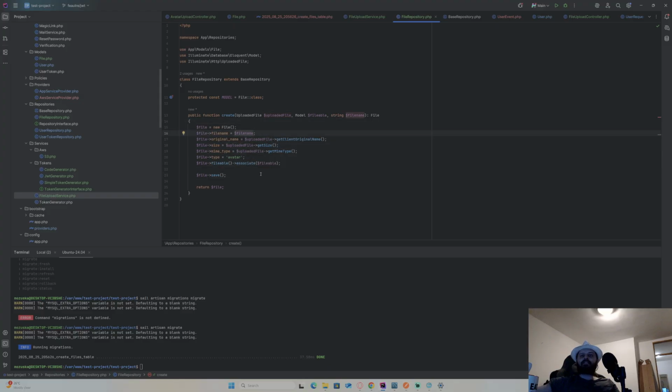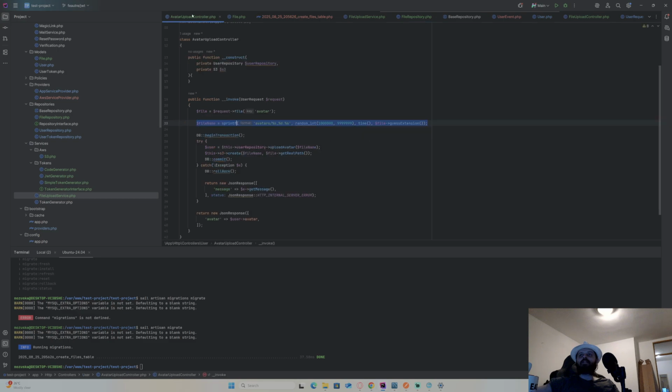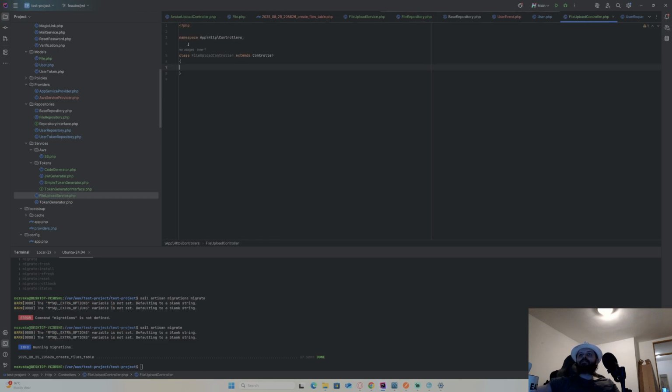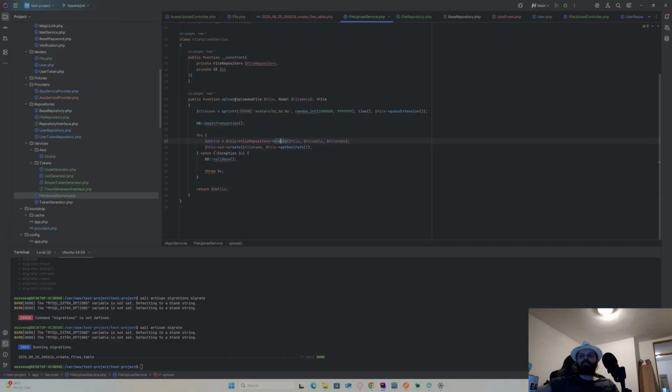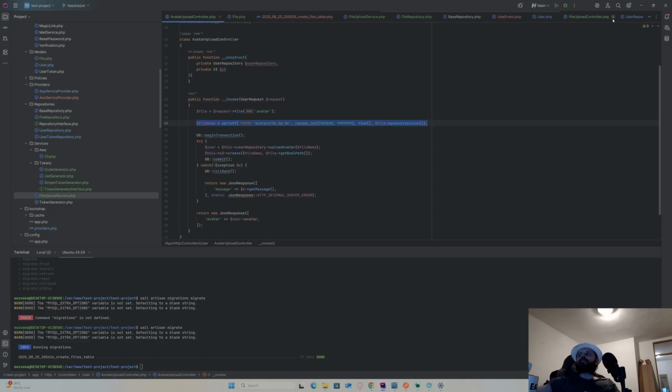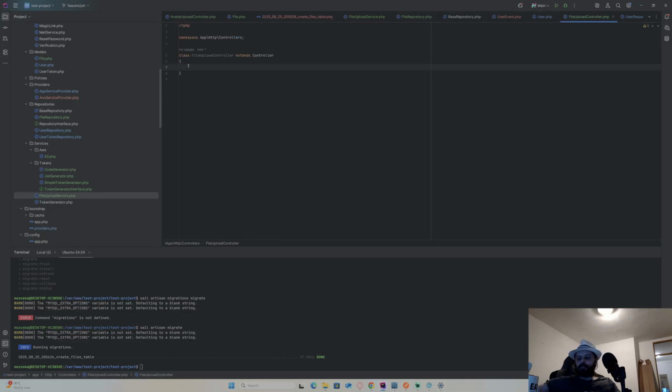Okay, now this is it. I have my file and upload to AWS is already taken care of. Let me just check again my service. Yeah, this is it. Now fileable needs to be okay. Now for this file upload controller, I will just adjust it to work with file. Actually, I won't. I will do the complete adjustment right away.